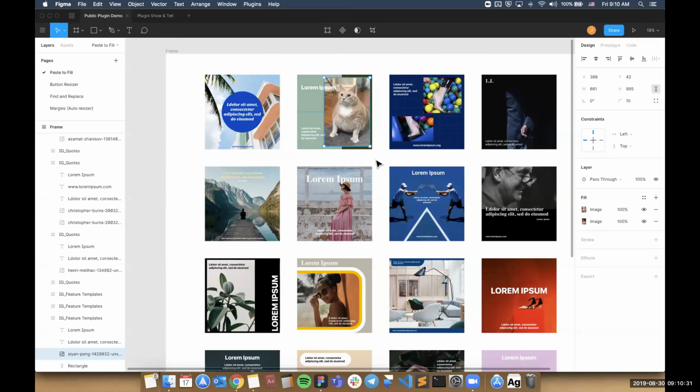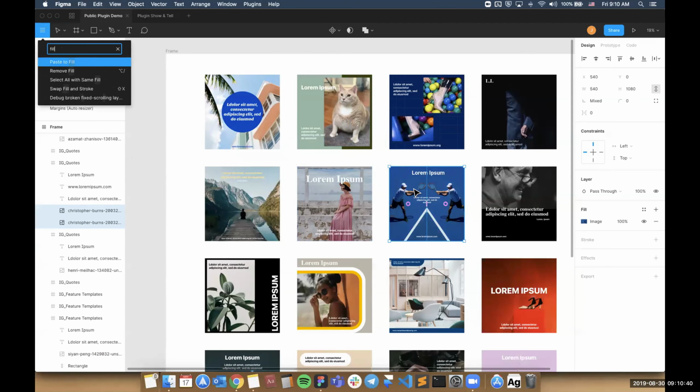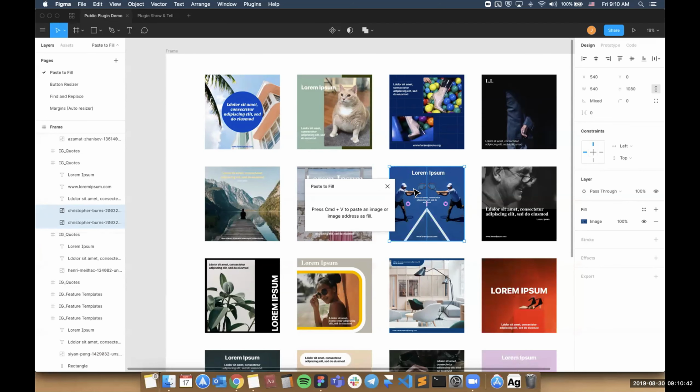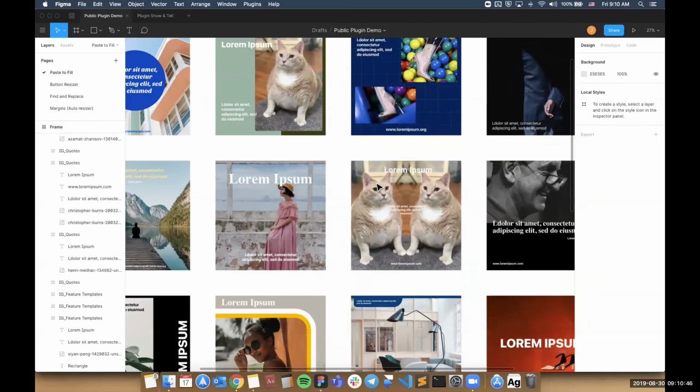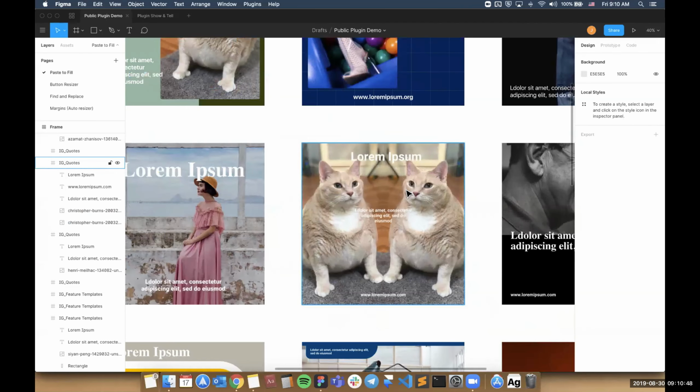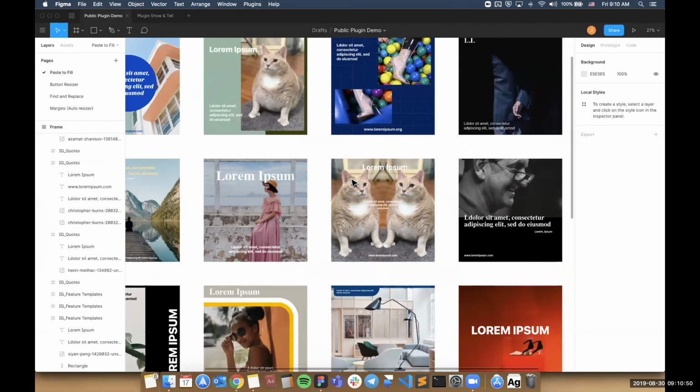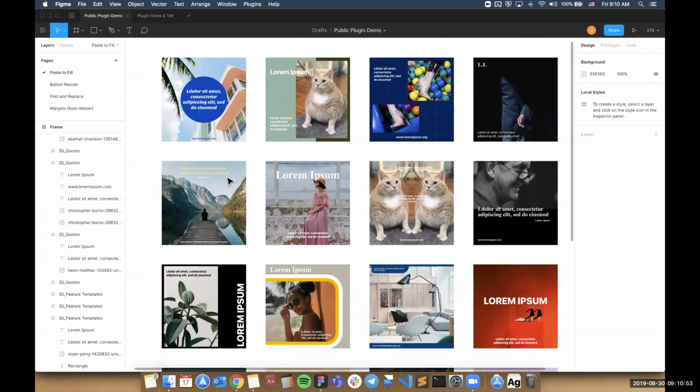It also works on multiple selections. So if I have, say, these two images selected, and then I hit Paste to Fill, yeah, it works on multiple selection. I like how it mirrors. It's like looking at each other. The other feature